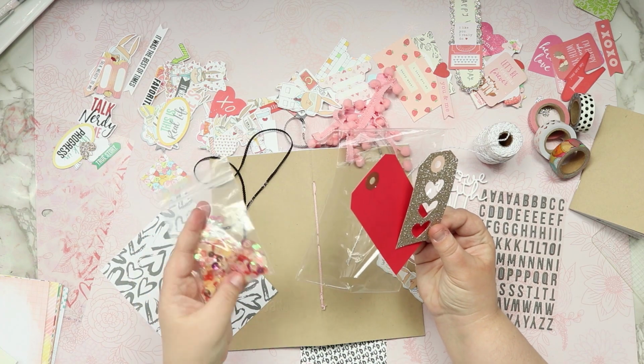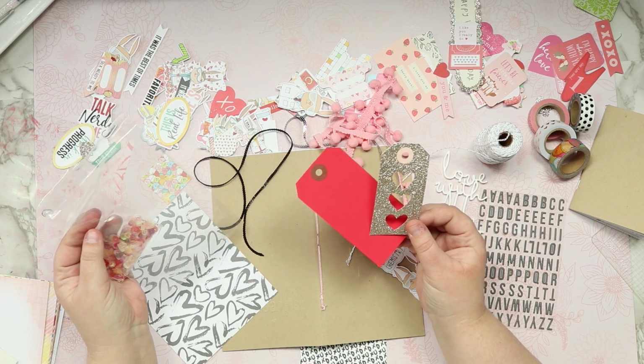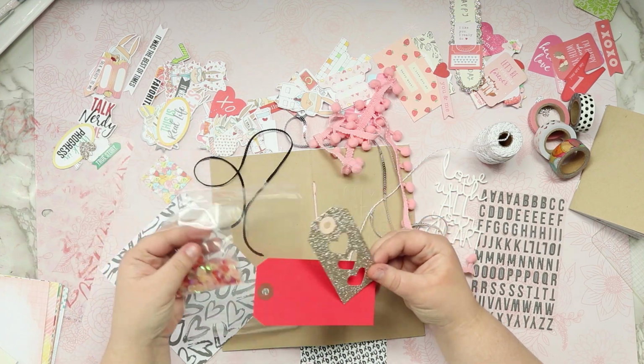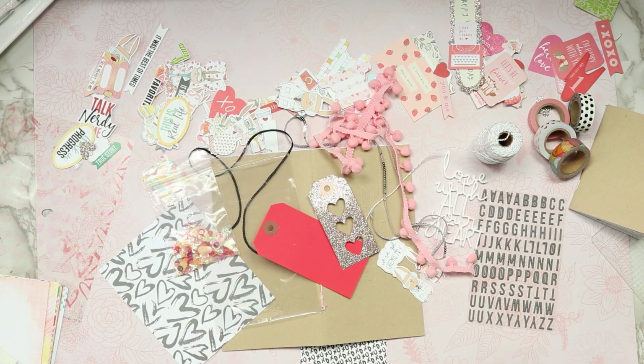And the sequins. So I think I'm just going to let you watch while I try to figure out how to do this. And we'll see what we